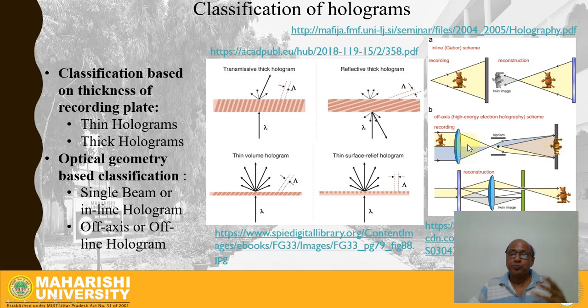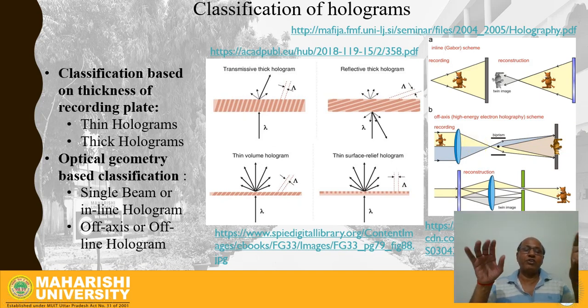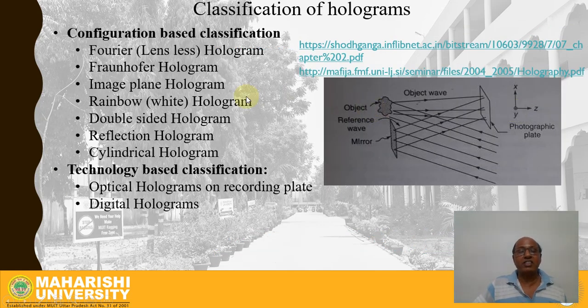And if you want to see the reconstruction, then you just have to use the reference beam to see the reconstructed image. So the basic difference is about the source of beam in classifying the inline or off-axis hologram. These are the two pieces of information. There are other types of holograms, but these two were the key because one was giving you the type of outcome, and the other was giving the geometrical configuration. Right. Now we go to the next slide to see other classifications.